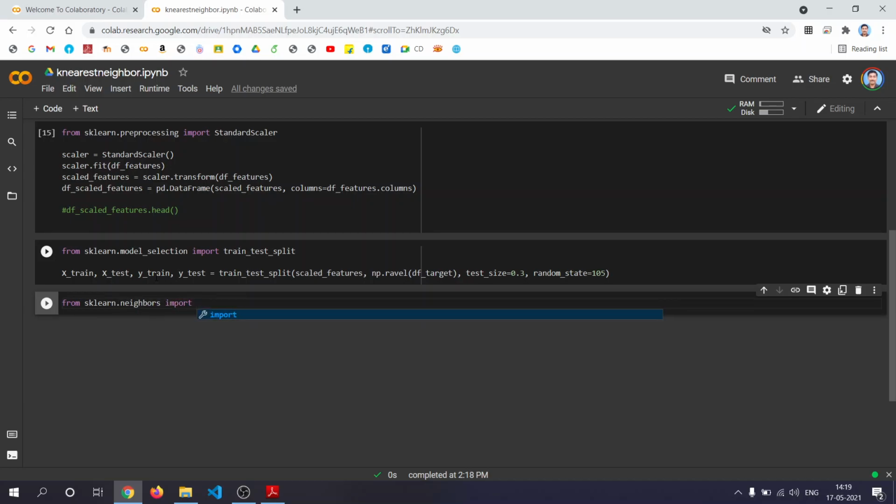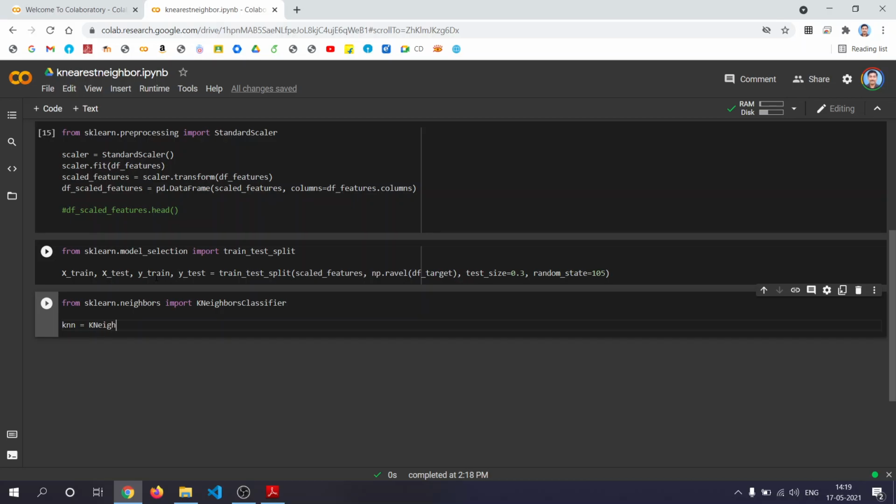Import KNeighborsClassifier. knn equal to KNeighborsClassifier, and you assign number of neighbors equal to 1. Let's say number of neighbors equal to 1.